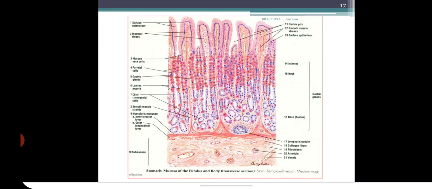So if you see this high magnification of the gastric glands, you can observe the varieties of cells in the gastric glands as we have seen now only in the diagrammatic part. So this image is very clear in explaining the gastric pits and the lining of the gastric glands from the muscularis mucosae to the epithelium.